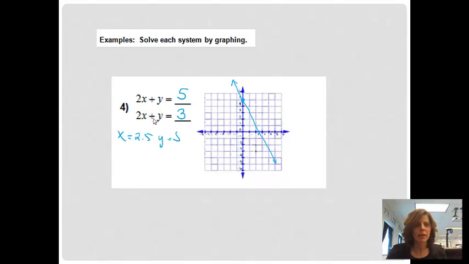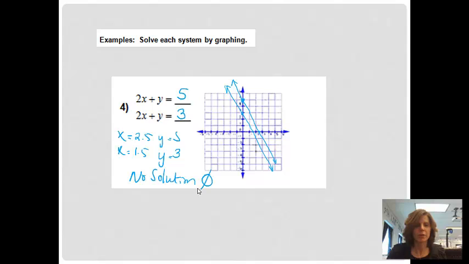Right, and then the second one, if I have the y covered up, I'll divide both sides by 2. 3 divided by 2 is 1.5. And then my y, if I cover my x up, y will just equal 3. So I'll go to y equals 3. And x equals 1.5 is going to go right there. And once again, we'll just be right there. And there we go. You'll notice that these lines are parallel, so they do not intersect, so there is